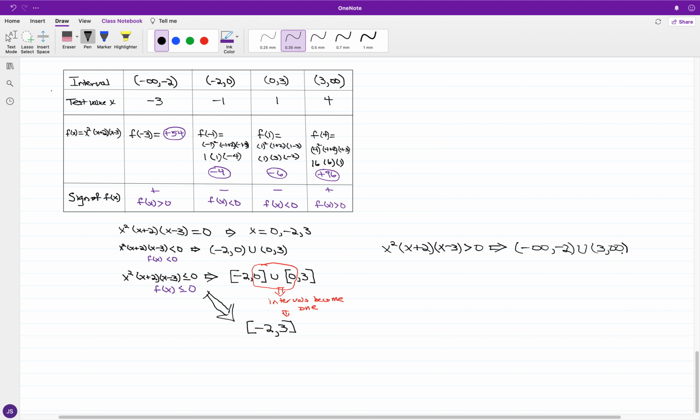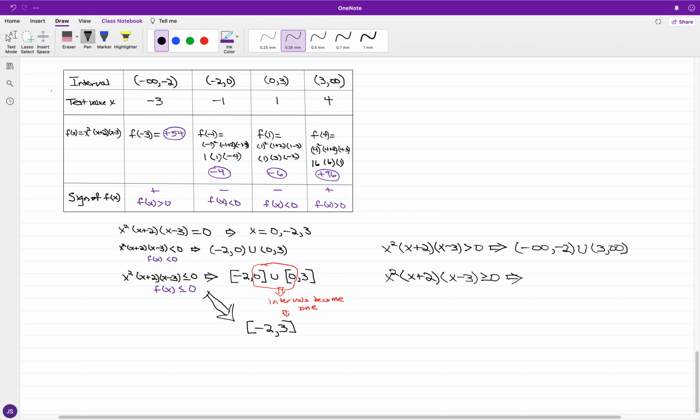Again, no equal sign, so I had the exclusive use of parentheses. And where I have x squared times the quantity of x plus 2 times that of x minus 3 is greater than or equal to 0,